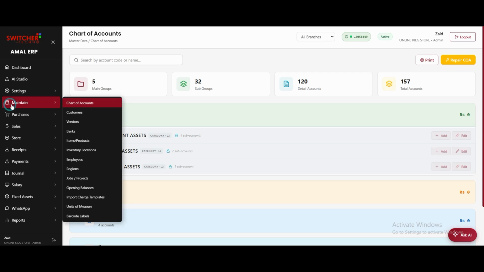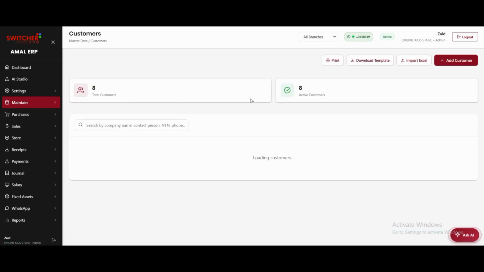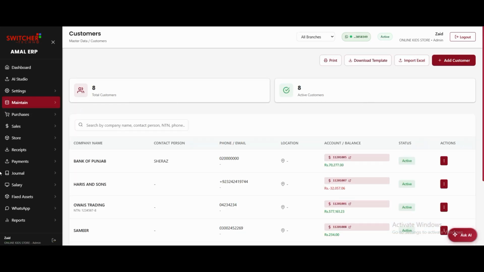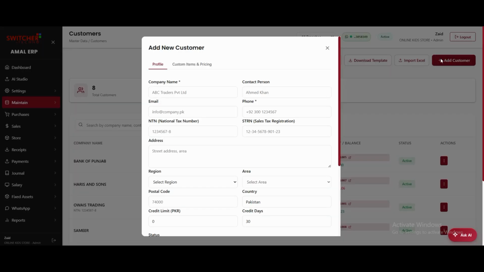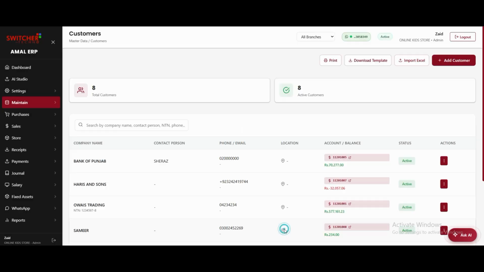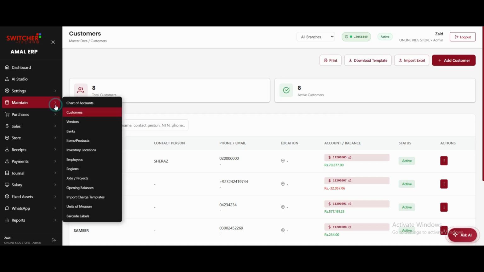After that, you can see the customers. You can create the customers here. You can manage multiple customers. Simply you have to add customer details, and simply create, so your customer will be created. If you want to import from Excel, first you need to download the template. You can add the data in the Excel, and you can simply import the Excel here, right? So automatically customers will be added. You don't need to do a single entry.